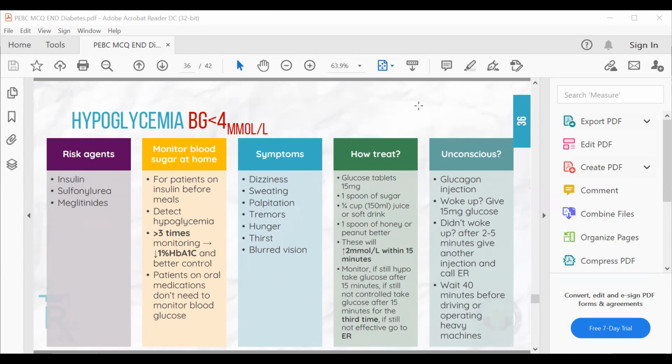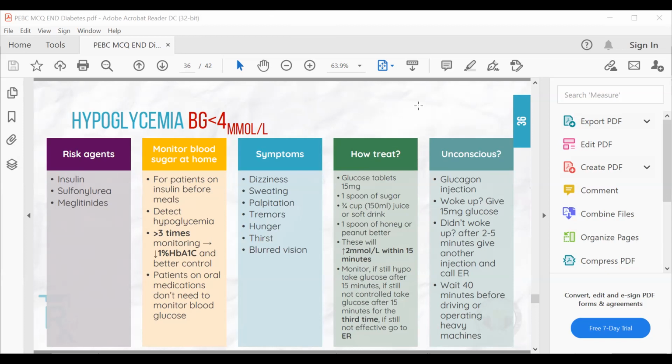So if it wasn't increased to at least 4.9, we'll repeat the same thing, either give a glucose tablet or 150 ml of juice, and measure again